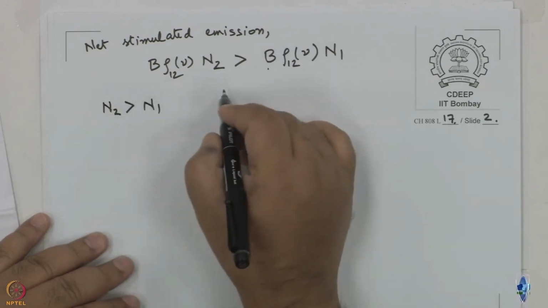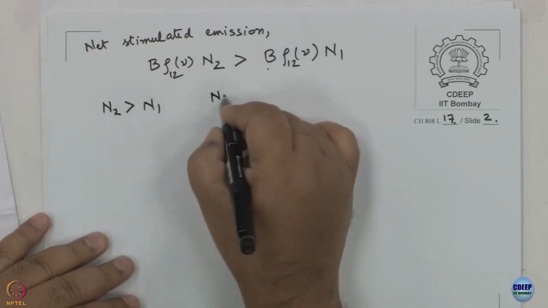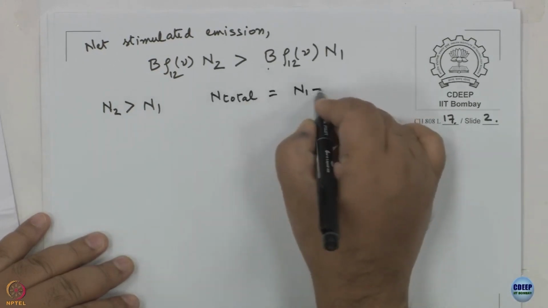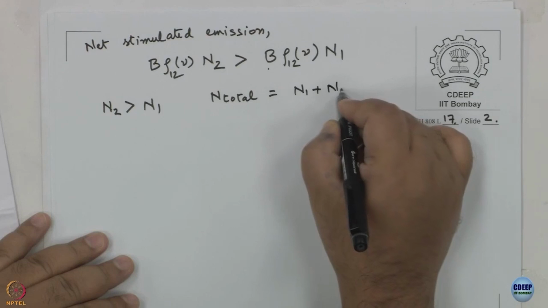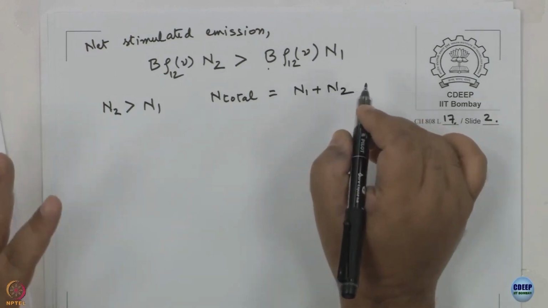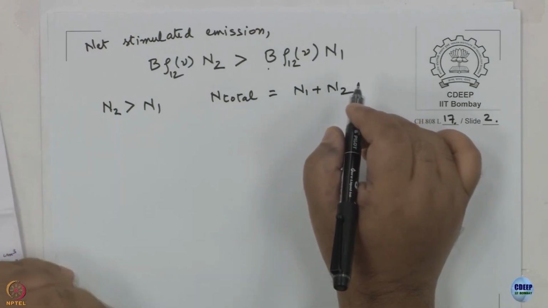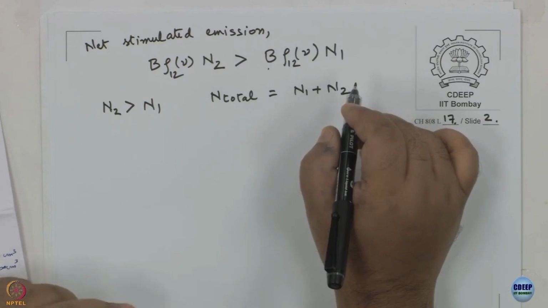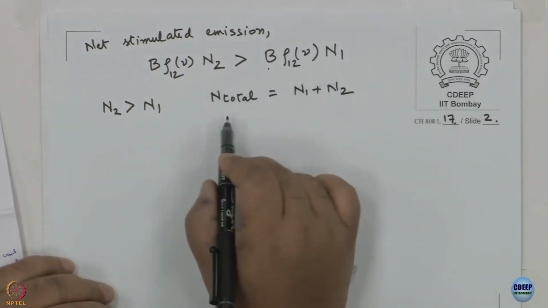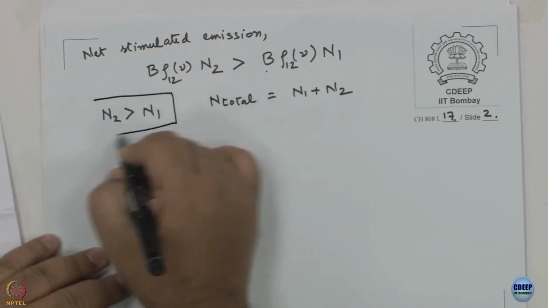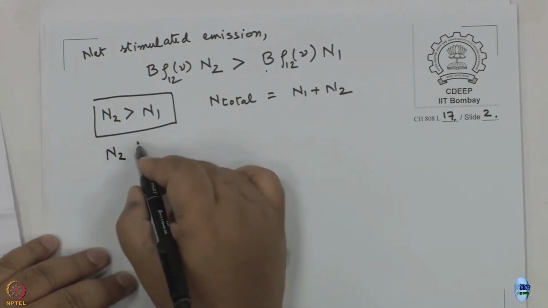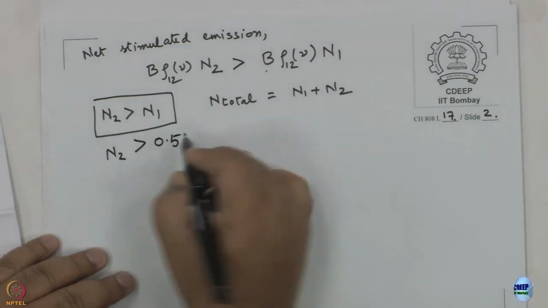and since we are talking about a two level system, we can write N total is equal to N1 plus N2, where N total is the total number of molecules that are there. So, molecules can either be in state 1 or in state 2. When you add up the populations of molecules in state 1 and state 2, you should get N total. So, another way of writing N2 should be greater than N1 is N2 should be greater than half of N total,